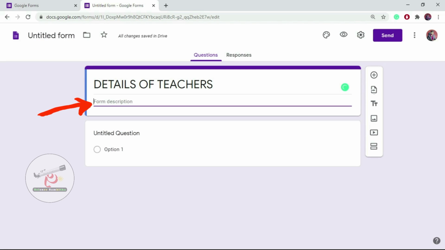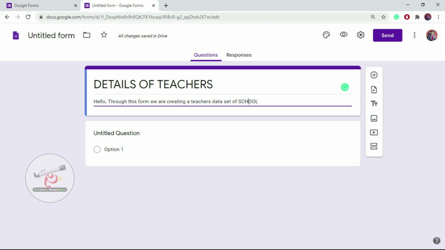Here you have to write a description, that is, you have to elaborate on this title or on the intention of creating this form, like: Hello, through this form we are creating a teachers' data set of the school.